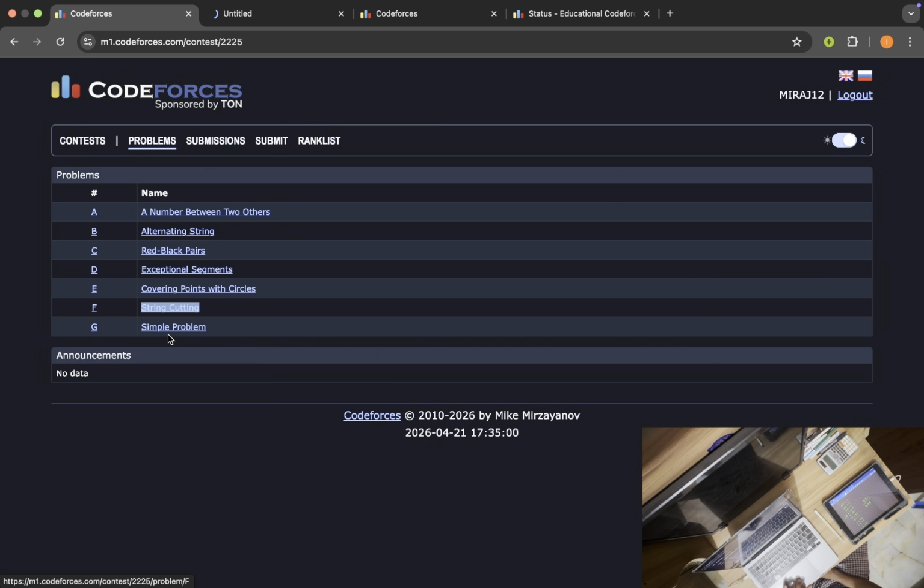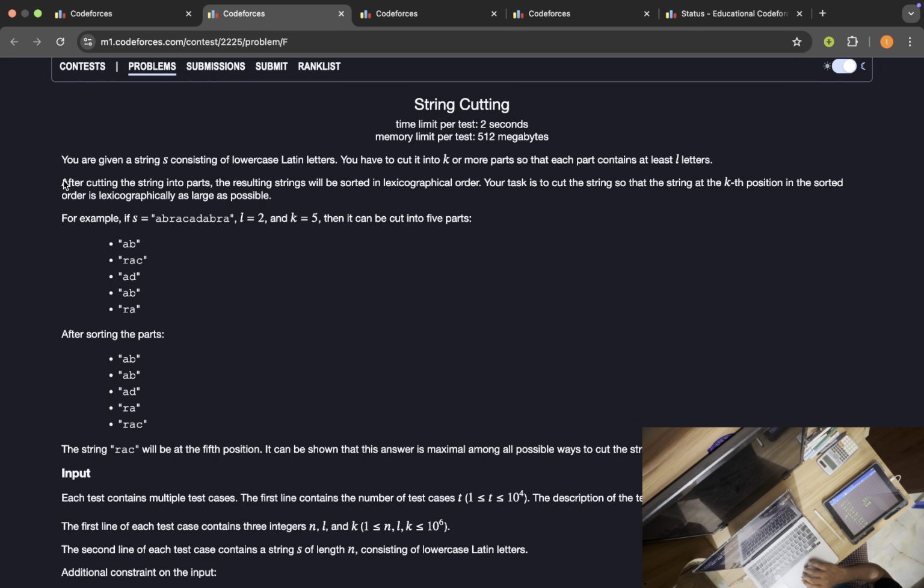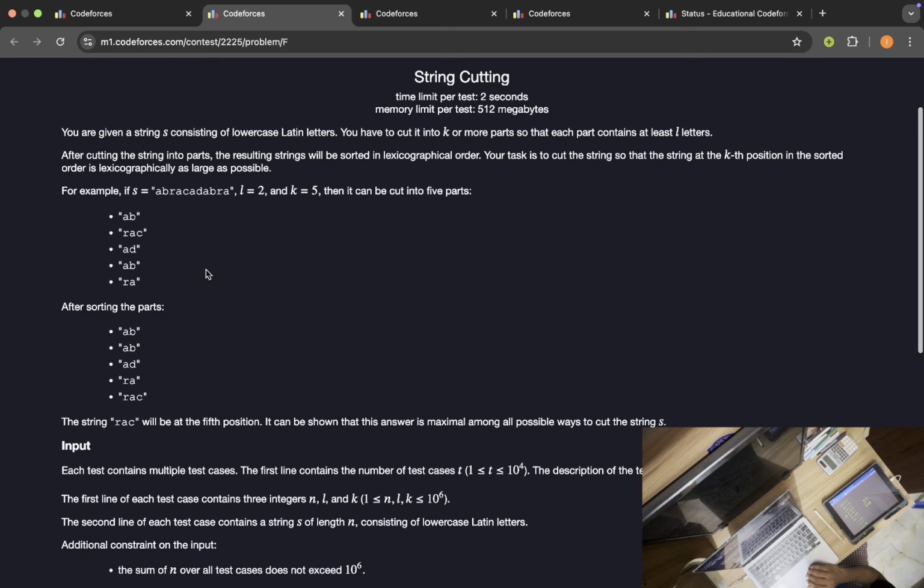String cutting, simple problem. Static question around, so I'm going to read every single one. You are given a string consisting of lowercase Latin letters. Your task is to cut it into k or more parts so that each part contains at least L letters. After cutting the string into parts, the resulting strings will be sorted in lexicographic order. Your task is to cut the string so that the string at the k-th position in the sorted order is lexicographically as large as possible. Okay,